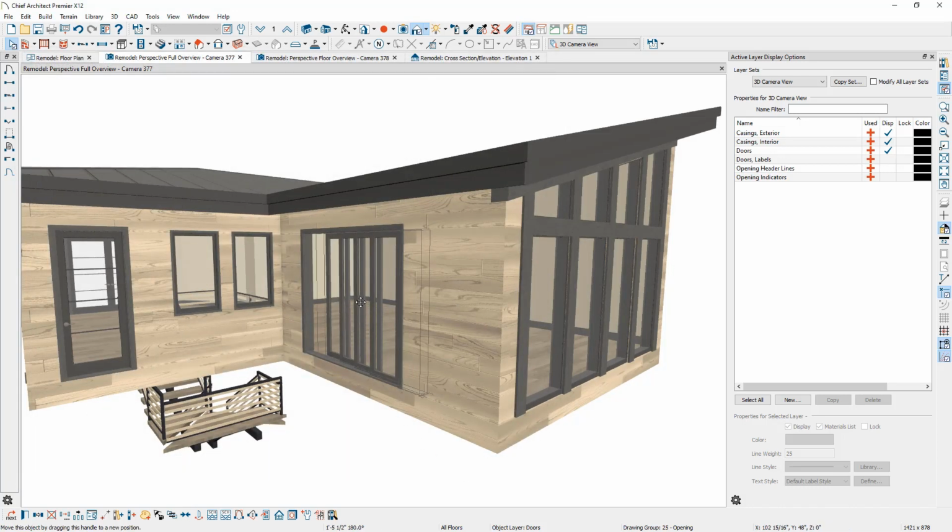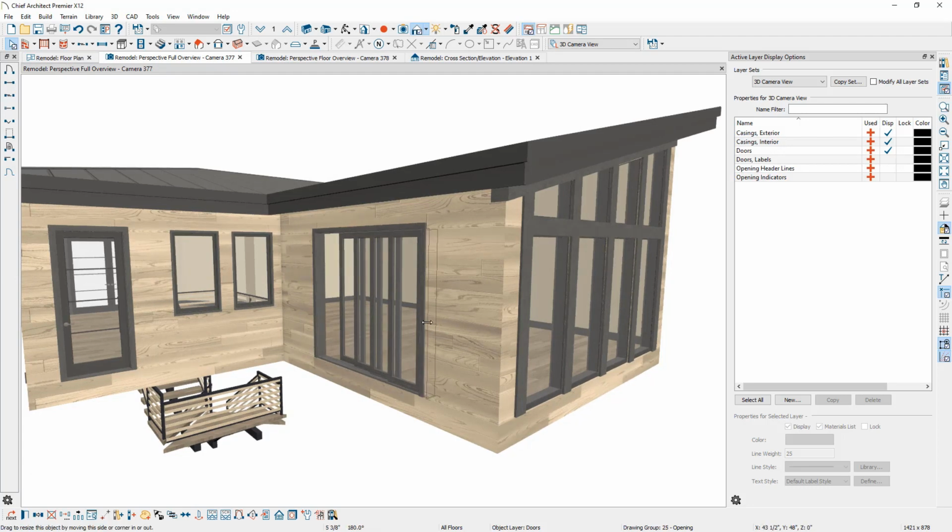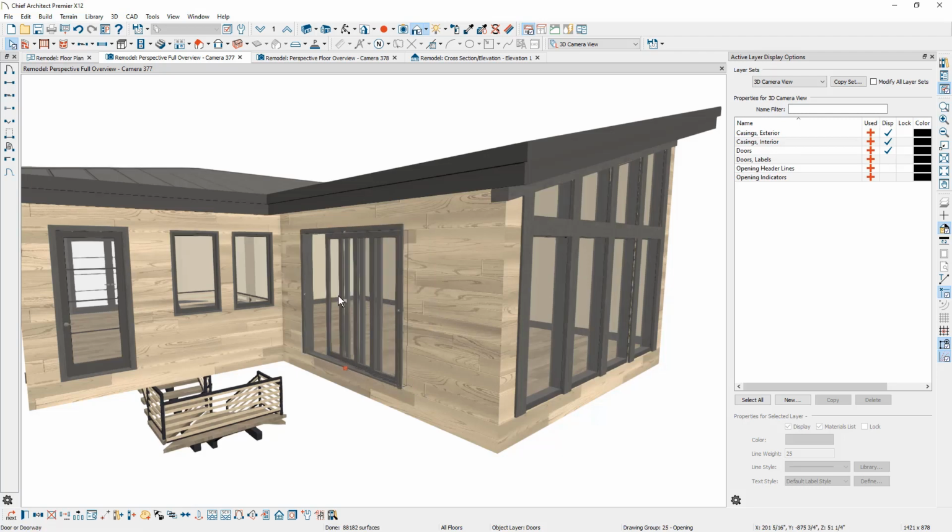Again, you can always move this, resize it if you need to in this view. I'll hit the escape key. That's a good size, and I'm going to pull it back just a little bit. You can update your dimensions and position exactly in your floor plan view if we were to return back.